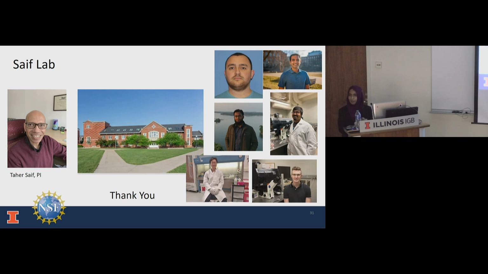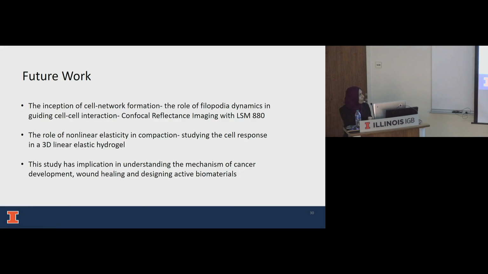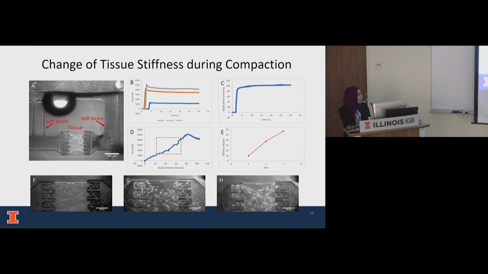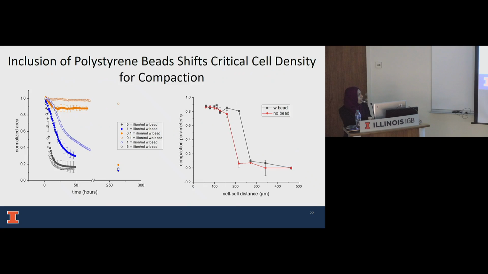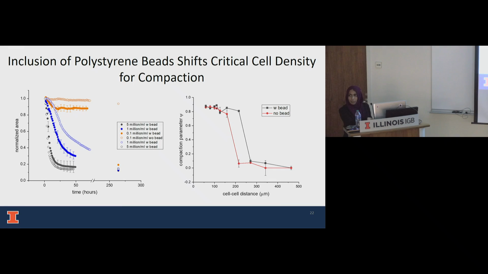So I missed the concentration of the beads. Could you go back to that slide? You started with 1 million cells per milliliter, but I didn't see the bead concentrations there. Oh, so this one? Yes, it was 1 million cells per ml. Is that the same concentration you used on the next slide where it shifted? Yes, so the cell concentration remained the same, but we added beads. So for all these samples, the cell density remained the same, like before.